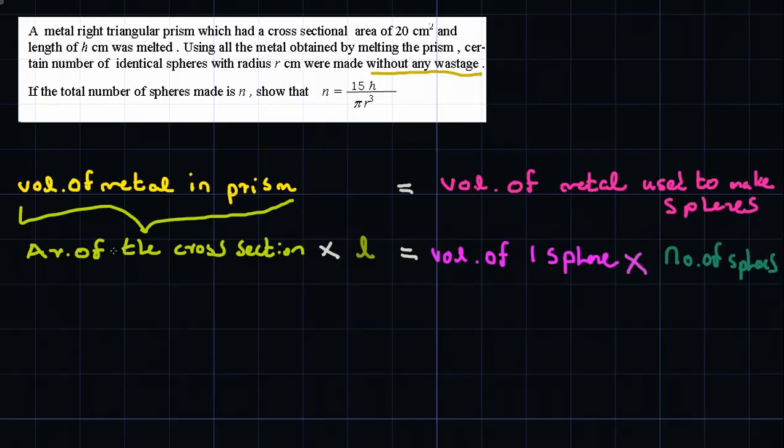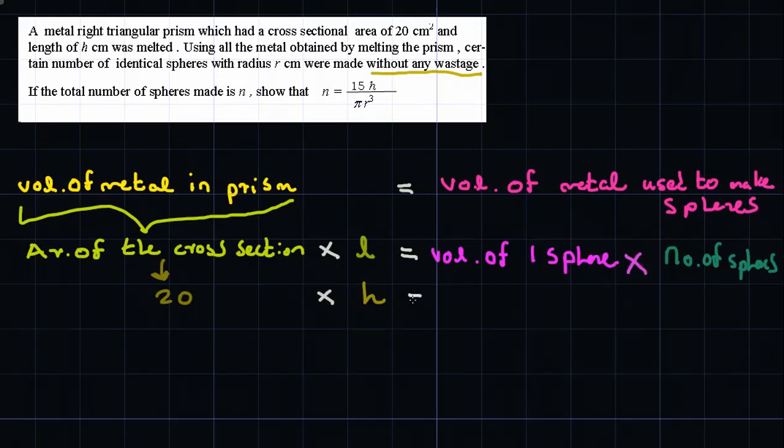All right. So now just a matter of plugging the values. Do we know the area of the cross section? What was the area of the cross section? Why are we using the past tense? Because the prism is no more. It got melted. So what was the area of the cross section? It was 20. So 20 times. What's the length? Length is h